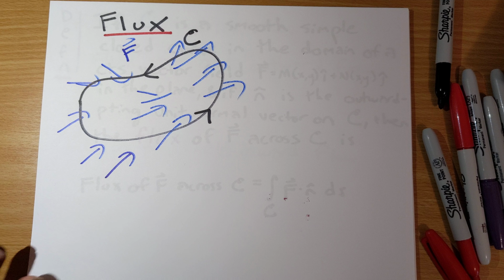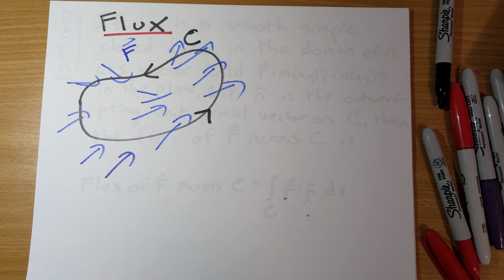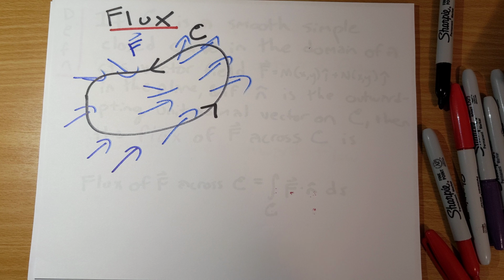For example, this could be water flow. I drew in blue, so it could be water flow. I've seen people interpret flux with animals and stuff like that, where the vector field corresponds to the movement of animals, the flow of